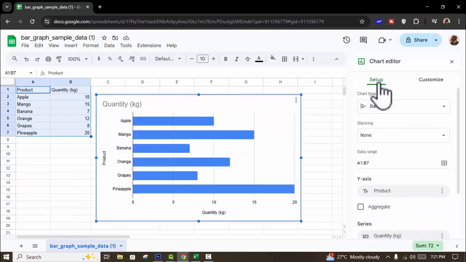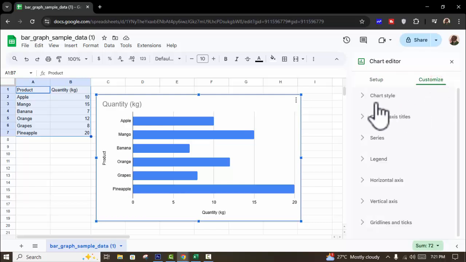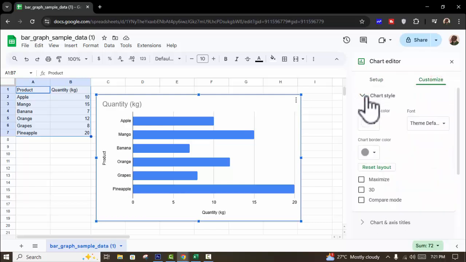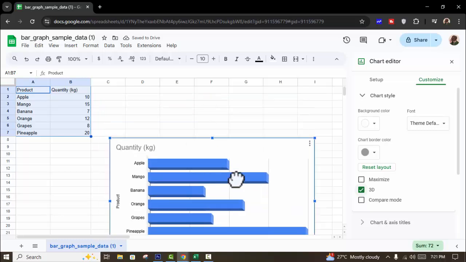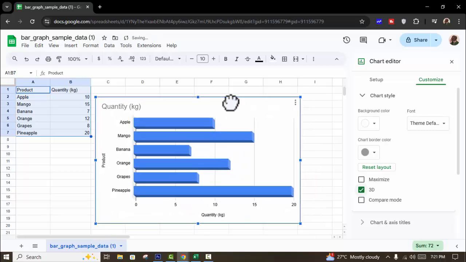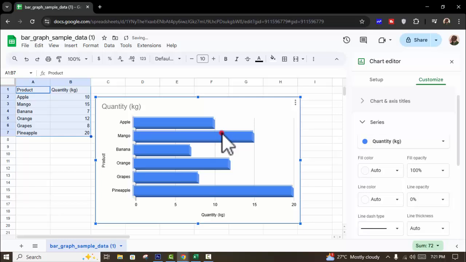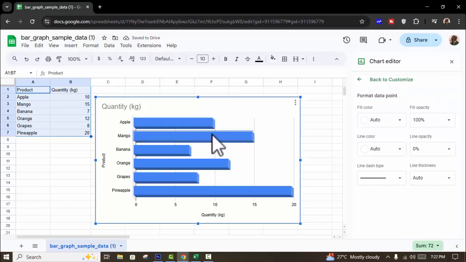Okay. Then click Customize. Chart style. Click the chart style drop down menu and see this 3D. Click here and now we can see this 3D chart bar graph, 3D bar graph. Then change the color,